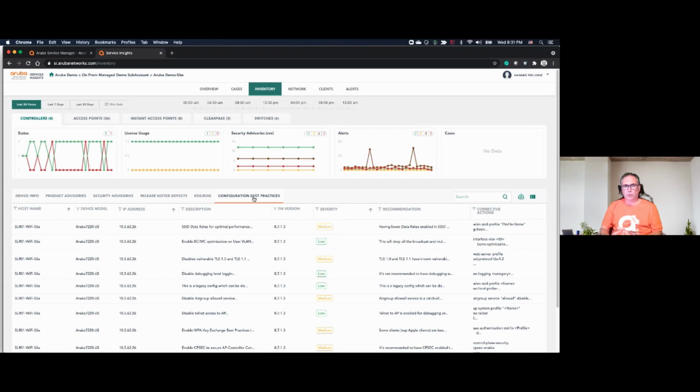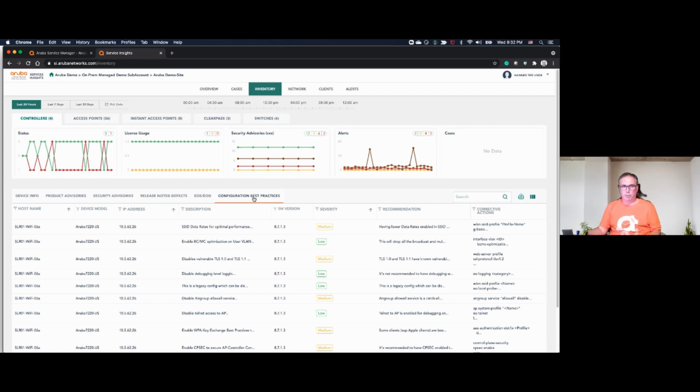The other thing that we also do very well is configuration best practices. Obviously we've been doing this business for more than 20 years. We're providing this service on our own products. We have a world of information available from our support engineers, our professional services, our QA, and our PLM. And based on all of that, including real-life active information that we are getting from multiple different environments and networks,